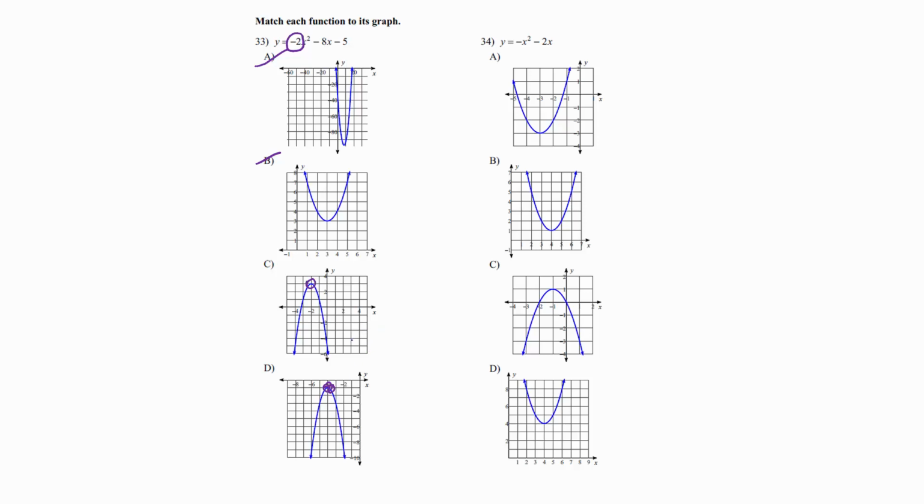Now if I notice, the vertex, which is the top point of each of these, is not in the same place on these. And so that means all I have to do is find the vertex, even just the x value. I don't even have to find the x and y, just find the x. And then that should tell me which one it is, either C or D. So I'm going to do -b over 2a, just like on the last problem. That's +8 over -4, which is -2. So let's see, this x value is at -2, this one is not, so it's not D,